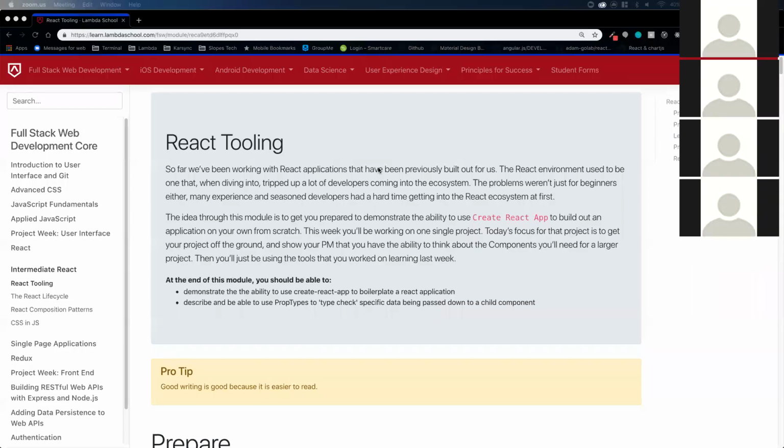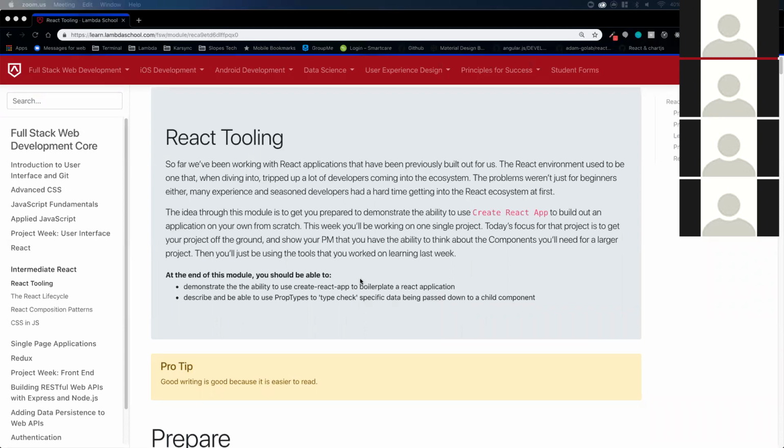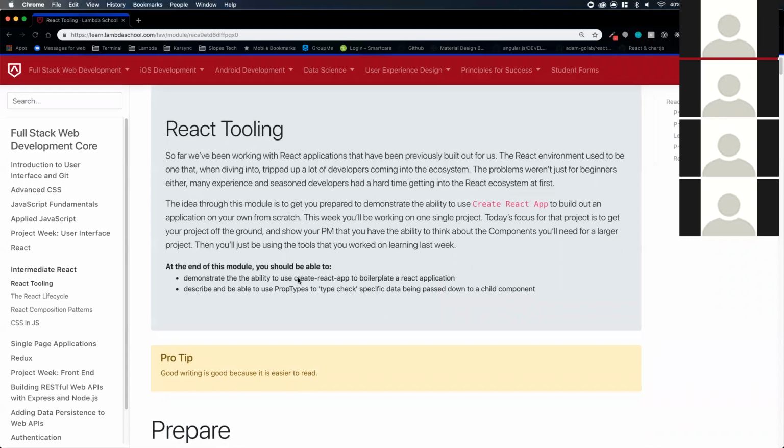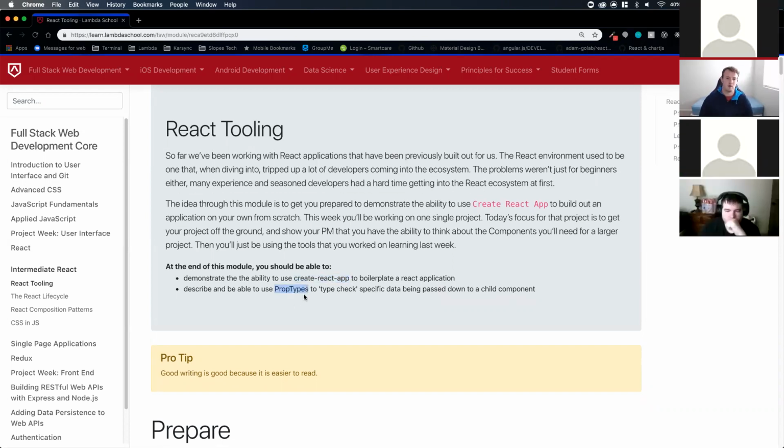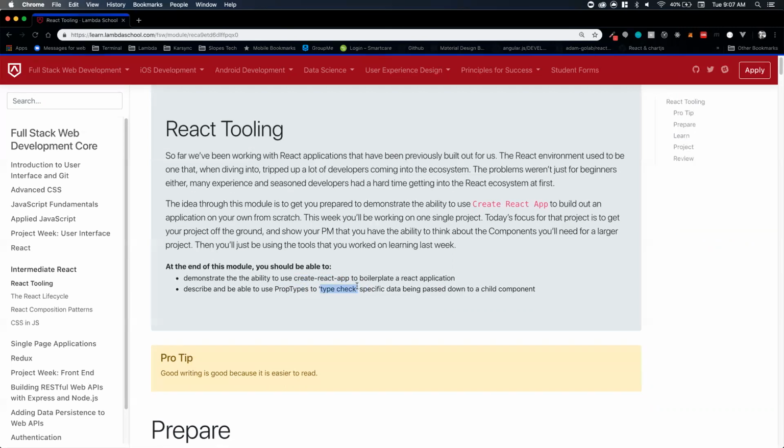Okay, so welcome to the React tooling lesson. This is again just a short lesson because we went through this Friday. But let's talk about the couple things we're going to cover. We're going to cover using create React app to boilerplate a React application, and then we'll talk about using prop types and what type checking is and how it can help us and why we even do this extra step